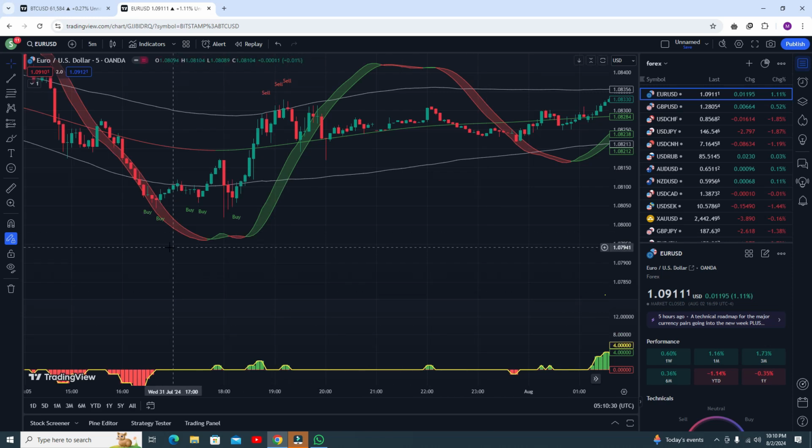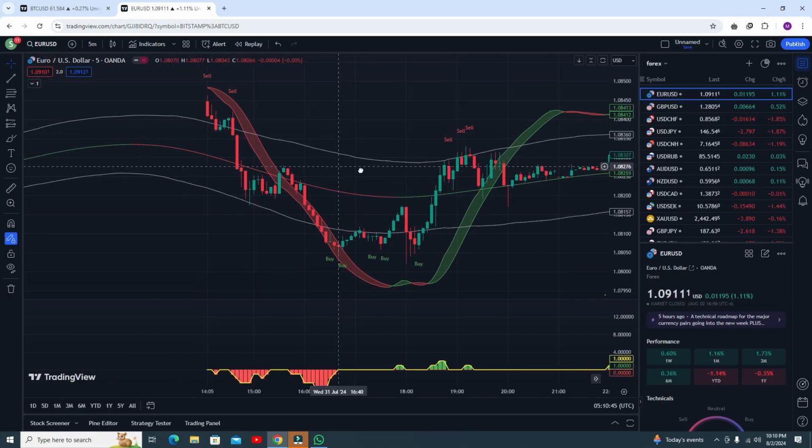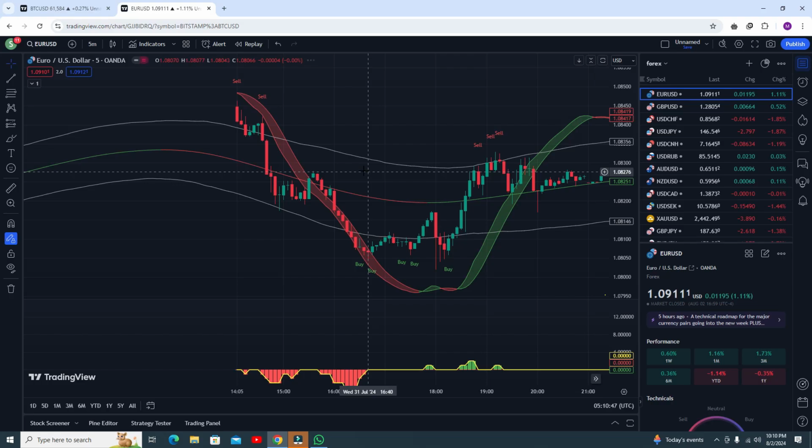Here there is no volume and you get the buy signal, so you need to follow the buy signal and it will give you the profit. So far you can see you are getting zero fake signals in the whole study. Zero fake signals, actually it's a very big achievement.